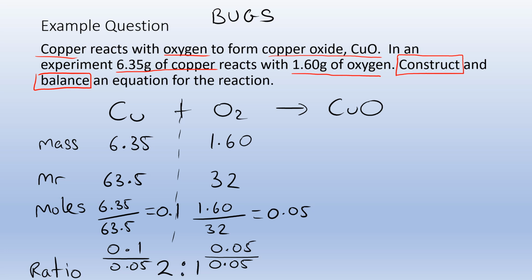So when it comes to balancing my equation, I know I'm going to need a big 2 in front of the copper. I don't have to put a number in front of the oxygen because it would have just been a 1. So in order to make this balance then, if it's 2 copper going to oxygen, I need to make sure there are the same number of atoms on each side. So it must be 2 copper oxides. 2 oxygens on the right, 2 oxygens on the left, 2 coppers on the right, 2 coppers on the left. So that is the method I would use. Continuing on to our next example then,